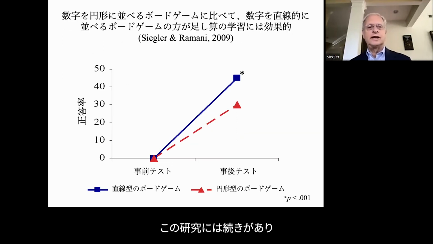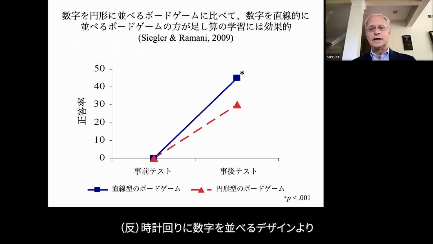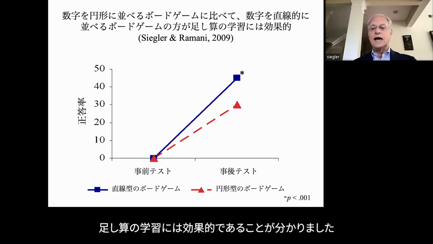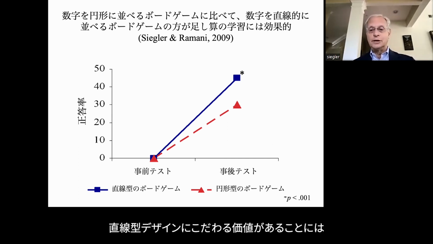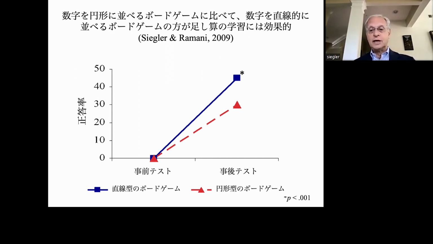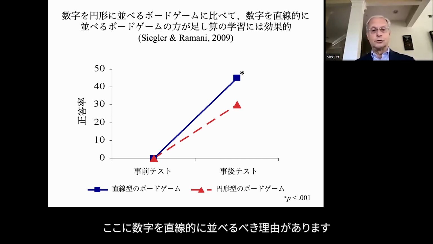In a later study, Geetha and I found that playing the linear board game promotes learning of addition. We also found here that playing a circular version of the game did not do any good at all. It actually didn't help the children. The game has to be linear in order to achieve its effects, which made sense from our point of view because we're trying to get the children to map the physical number line onto the mental number line. And it's much easier to do that transfer if you're doing a linear board game, mapping it onto the linear mental number line than if you're doing a circular game.